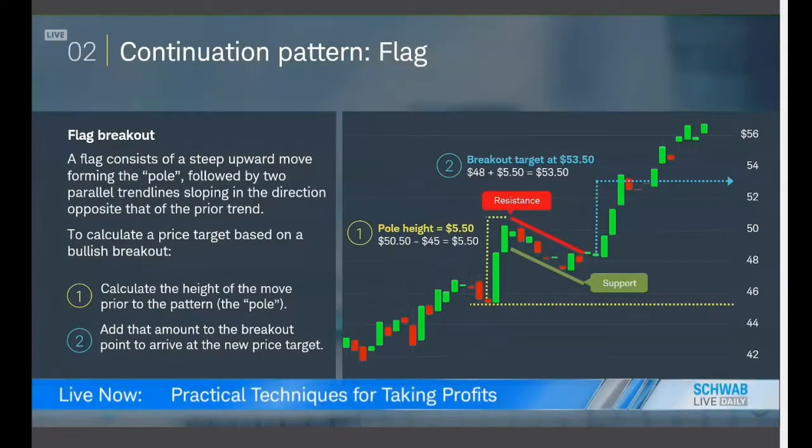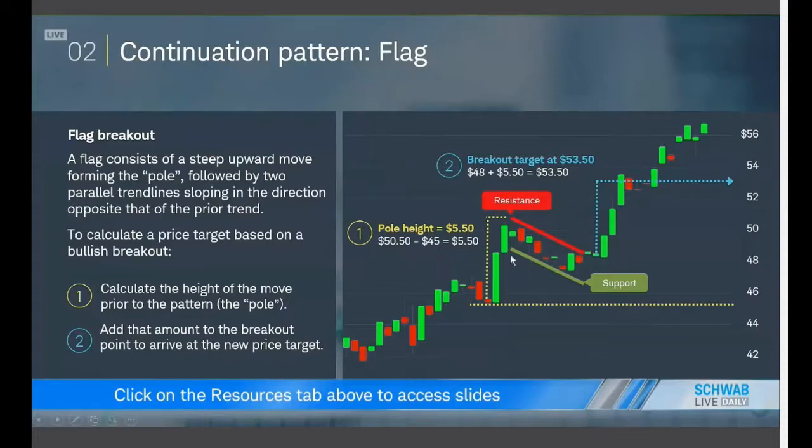Continuation pattern. This is a flag. This is where you have something that's been on a really nice run, perhaps because of an earnings announcement, goes up, takes a little bit of a break. We were on a sprint. Now we need to take a rest because we have the rest of the marathon to run through. So this is a flag pattern. You can also see it formed as a pennant where these two come together, kind of like that triangle that we saw earlier. But the idea with the flag is you want to have a big breakout point. Usually, again, it's going to be an earnings announcement. Those seem to be the best formers of the flagpole.